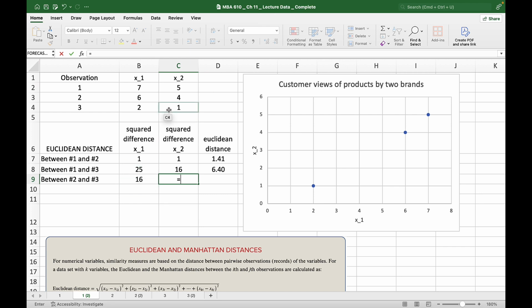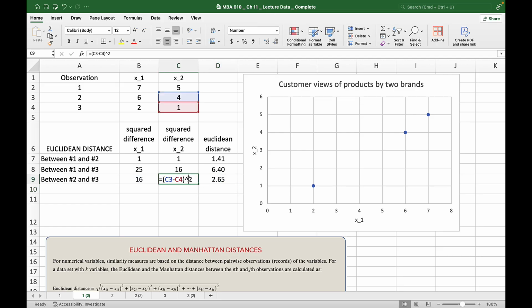Person 2 looked at 4 North Face products. Person 3 looked at 1, for a squared difference of 9. Then the Euclidean distance is just the square root of 16 minus 9. So now we would just say that the distance,